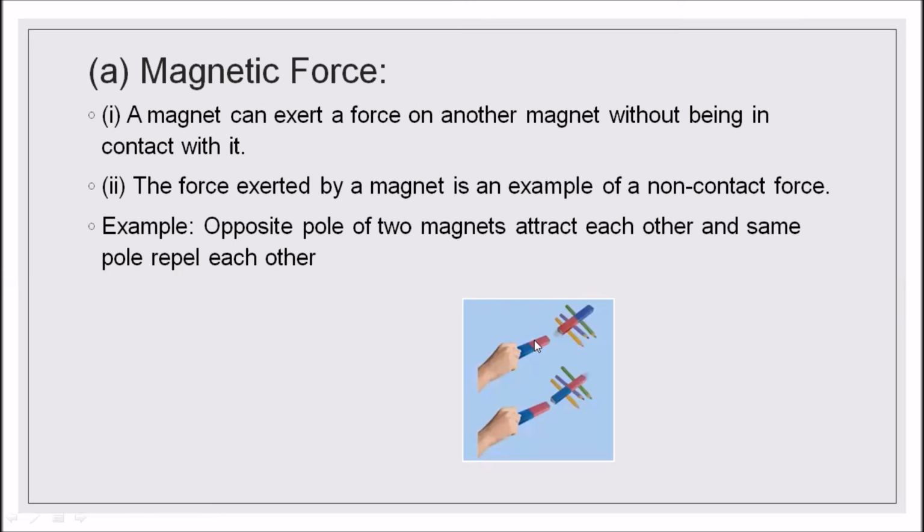When we bring two magnets with similar poles in front of each other, they repel each other. And if we bring opposite poles, red and blue, these are the symbols of the poles. We just put the colors so that we can identify these are opposite poles. If we bring two opposite poles near each other, they attract. So this is the distance. There is some force acting between the two magnets. There is no need for these two magnets to be in contact with each other. The force can be applied even if the magnets are at a distance. So this is called non-contact force.